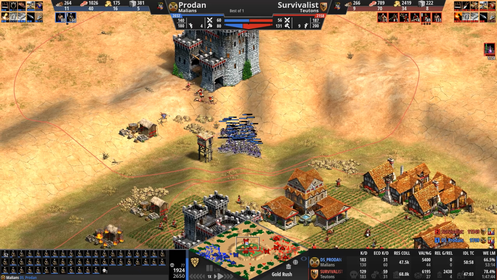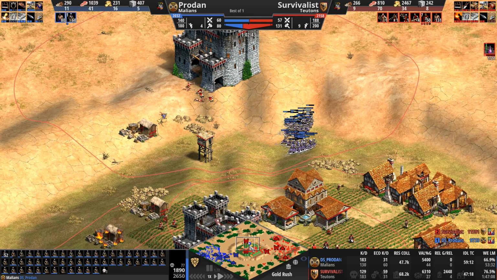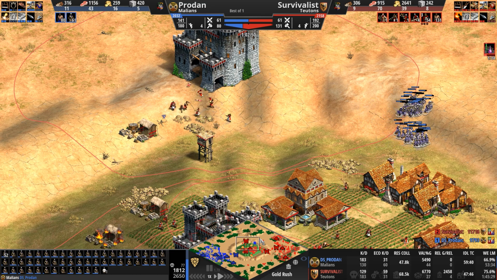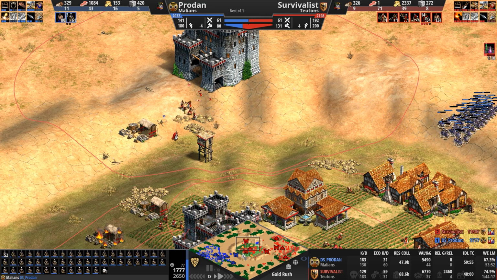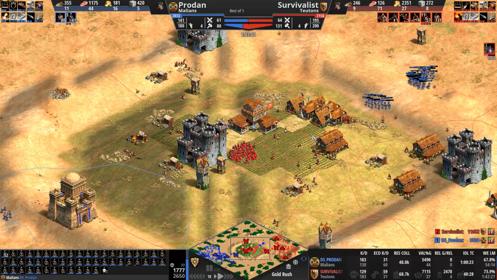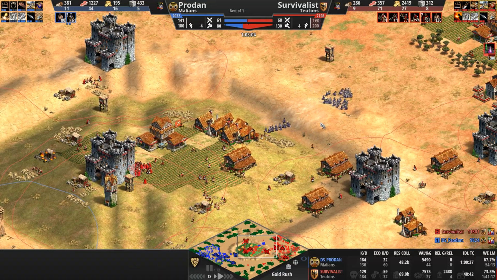Okay. 31 villager kills to 59. We're an hour and 2 minutes into this game. I have no clue who's winning. The scores say one thing. The villager count says one thing. Survivalist's map control here to the center says one thing. But 64